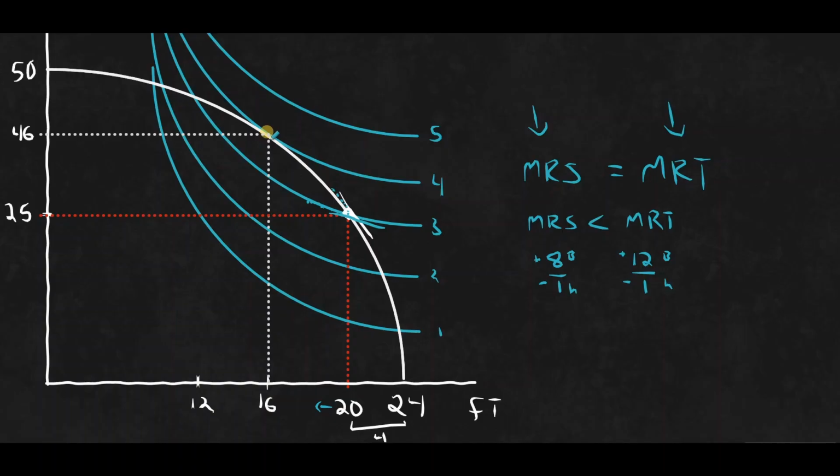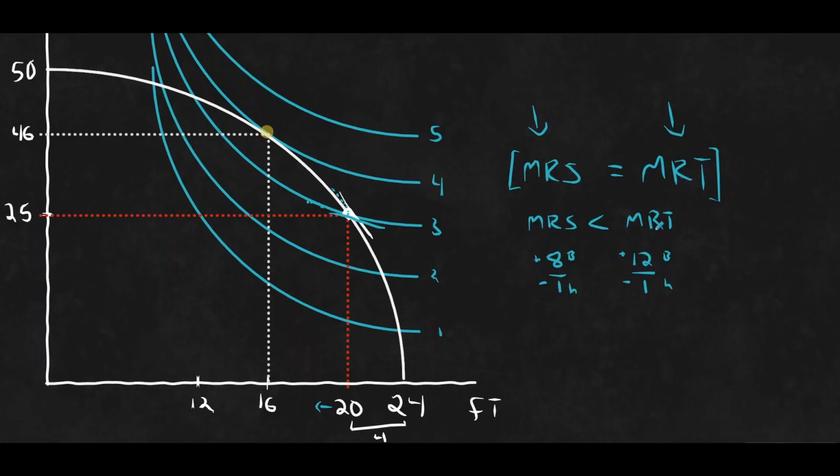So altogether, again, our maximizing situation where she's the best off she could possibly be is where marginal rate of substitution equals marginal rate of transformation. And we've done this a few times, but just again, for the benefit of everybody, explained why we move towards equalizing these whenever there is a difference between them.